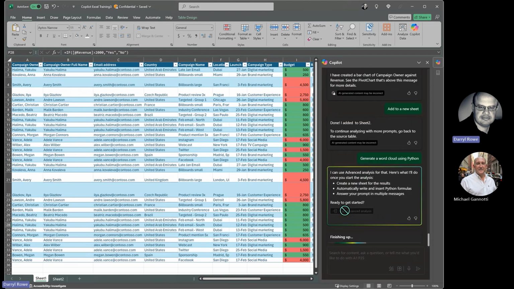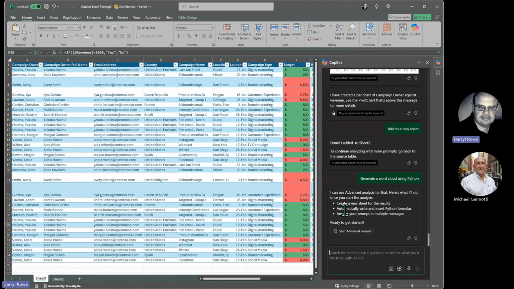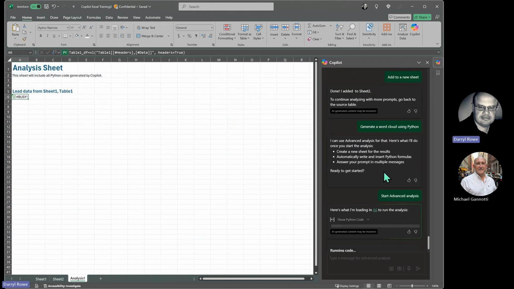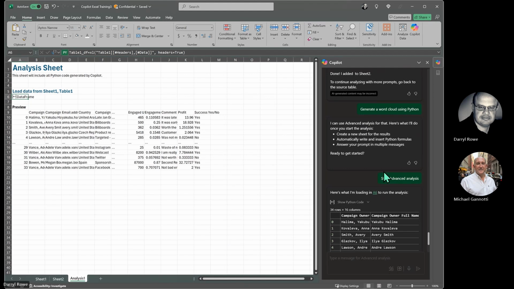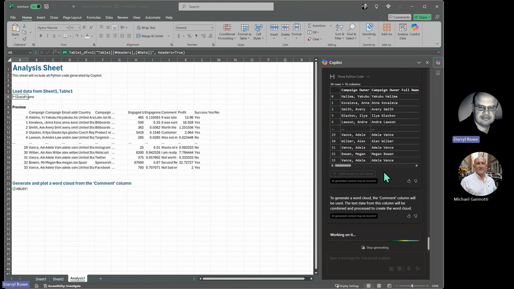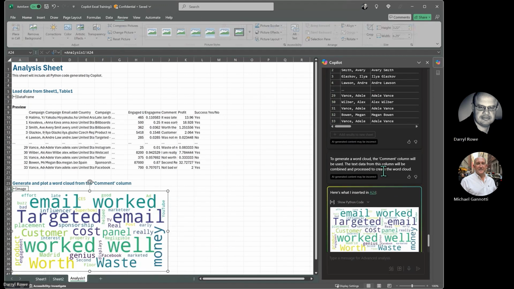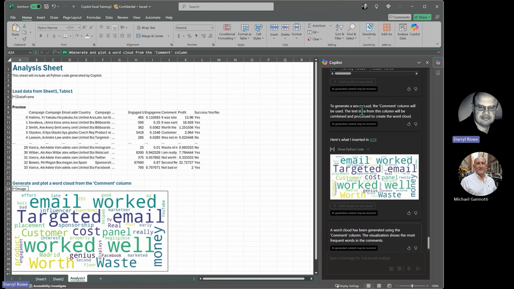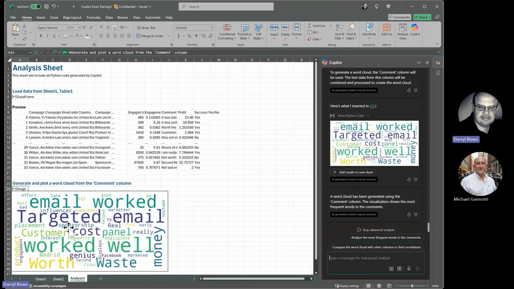And what it's going to do is look at my comments sheet and create a nice word cloud. So here it's telling me I can do that, but I want to put it into a new analysis, and I want it to start advanced analysis to do that. So it's giving me an option to do that. So it's pulling the whole data set up and summarizing it. And it's looked at the comment column because it realized comments is where all the words were, and created for me a preview here